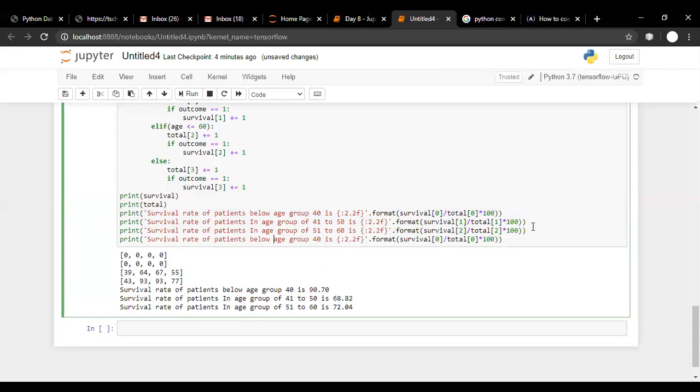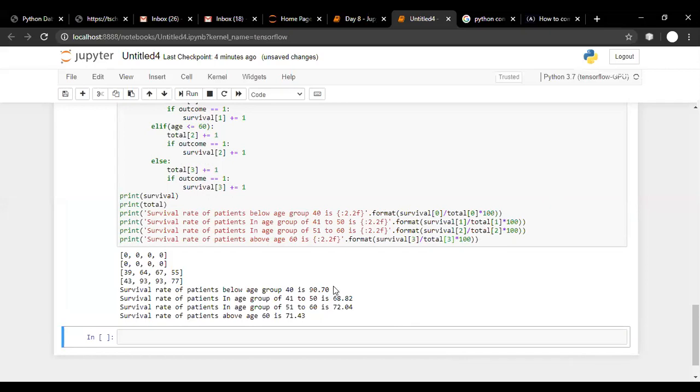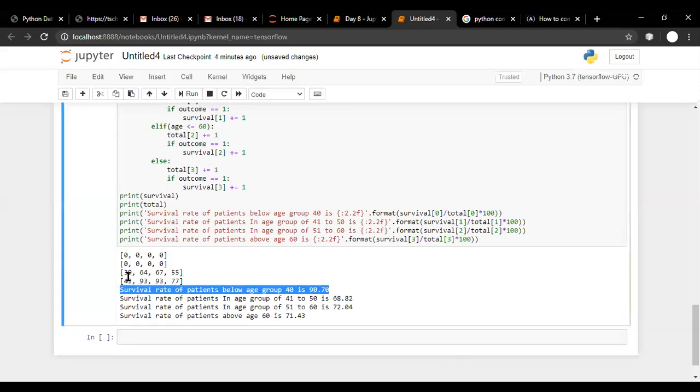It will be: survival rate of patients above age 60 is, and for that we are using index number 3. So the maximum chance is when the age is less than 40. Yes.